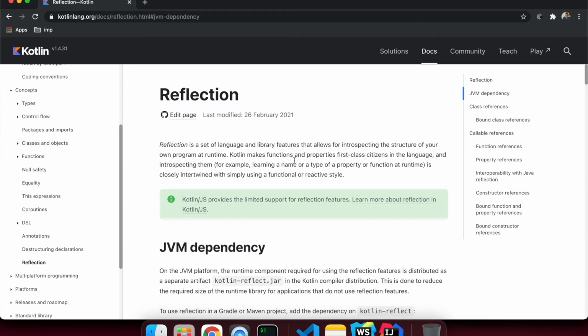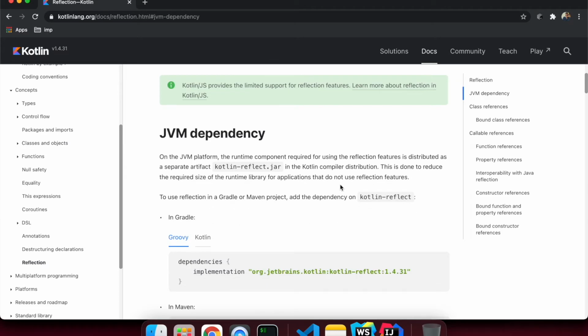Kotlin makes functions and properties first class citizens in the programming language. Kotlin is a pure functional-like programming language as well. For example, learning the name of a type, property or function at runtime is closely intertwined with using a functional or reactive style.